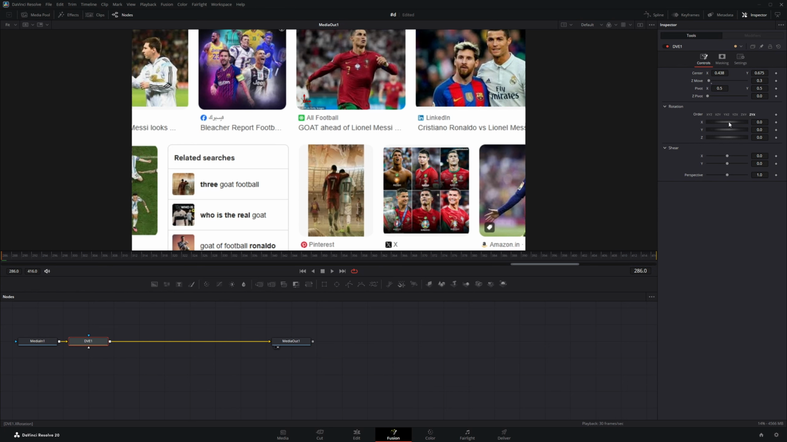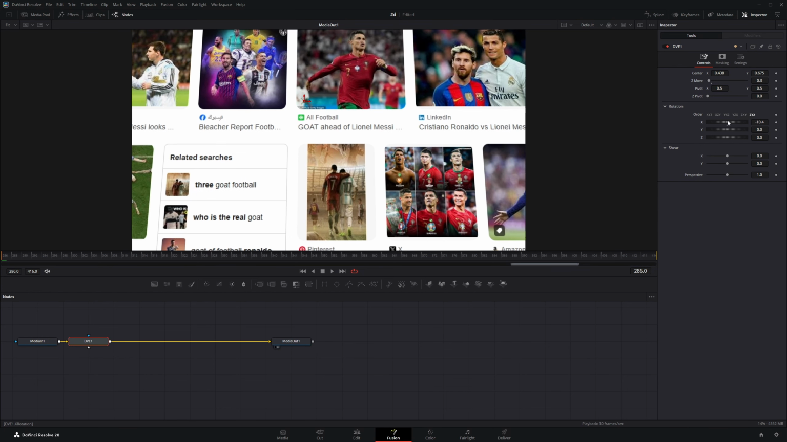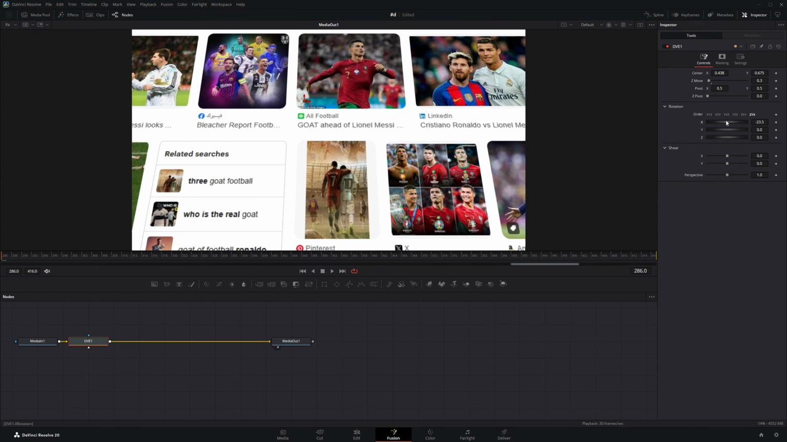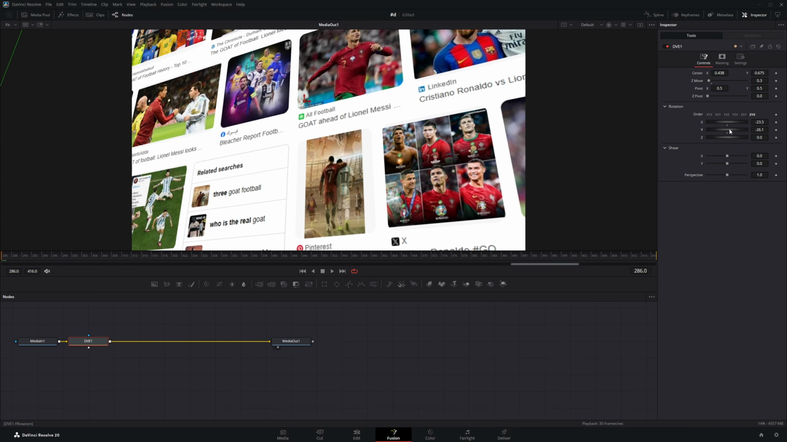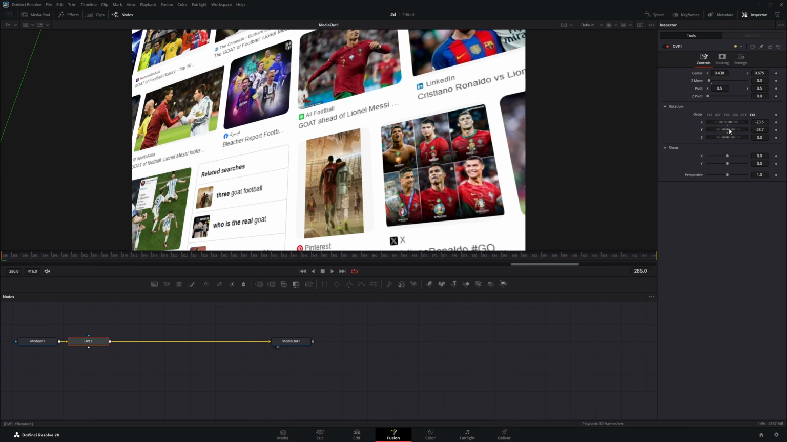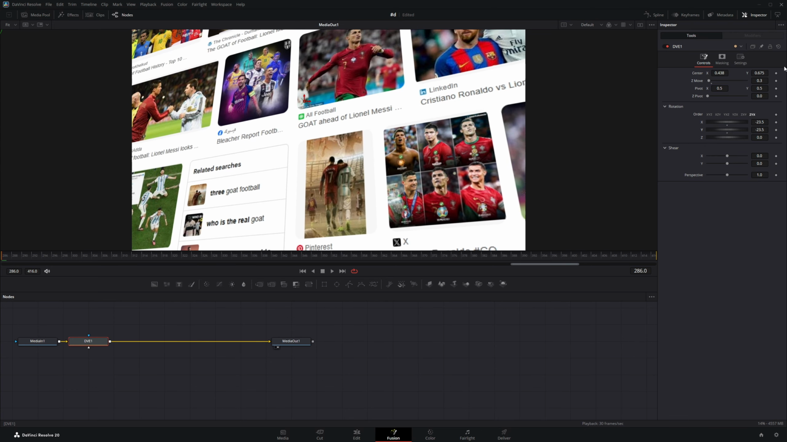Next, I'll head over to the rotation settings and start playing around with the X and Y angles. This adds a nice 3D tilt to the screen. Once you've positioned your clip the way you like, add keyframes for the center, Z move, and both X and Y rotation. Next, I'm going to drag the playhead forward on the timeline to where I want the animation to